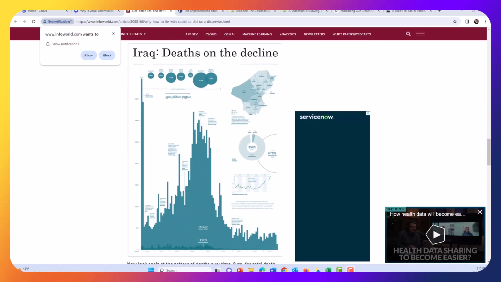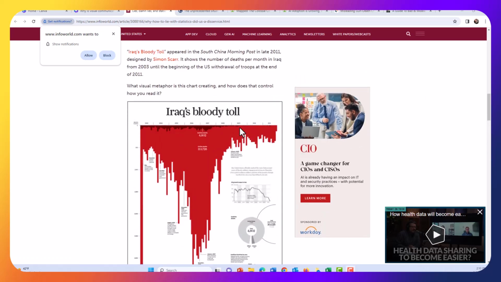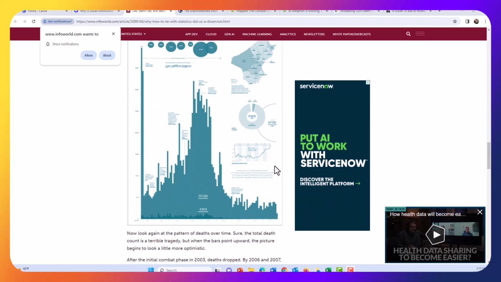Here is an alternative design. The writers of this article have changed the orientation of the graph and then changed the color to blue. They feel that this is more neutral and allows for a different interpretation of the graph, that the deaths are actually declining. It's true this color doesn't draw the same emotional response, but is an emotional response necessarily unethical? It's true too that this particular visualization could be used to support a particular political agenda, but so too could this one. Does this mean that it's inherently more ethical?